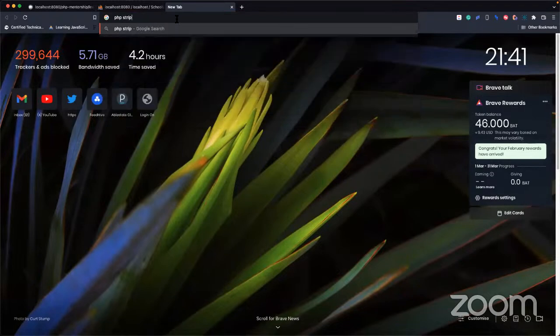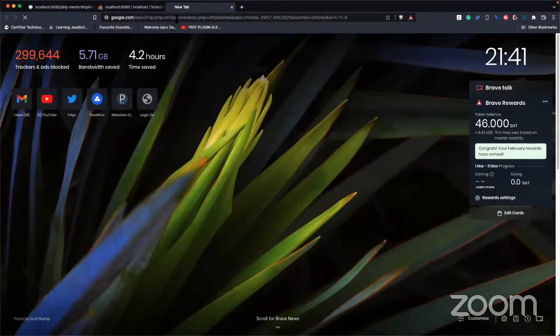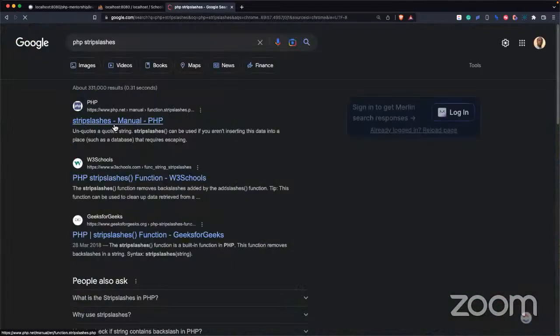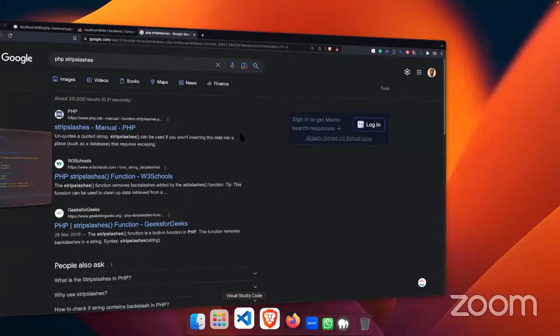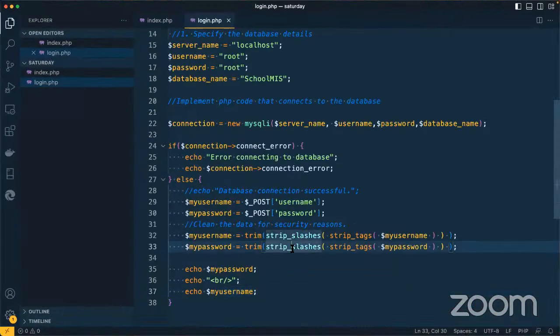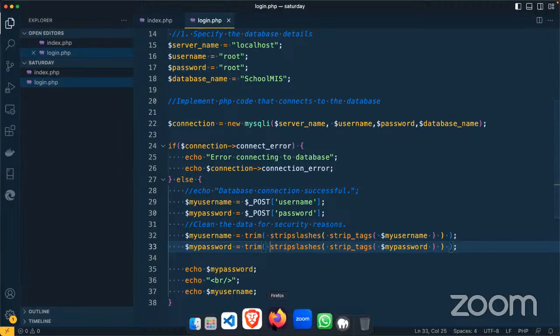slashes, and see probably the right function is this without an underscore. So I'll go back to here and do this. VS Code had already detected it because you see how it highlighted this function with blue to indicate that it doesn't understand it. So I'll go back